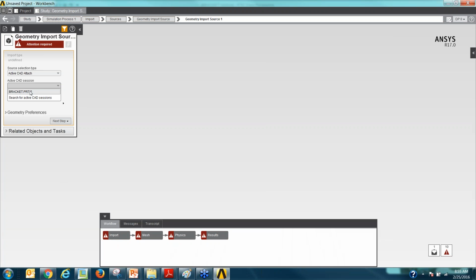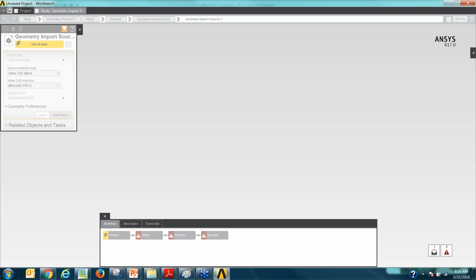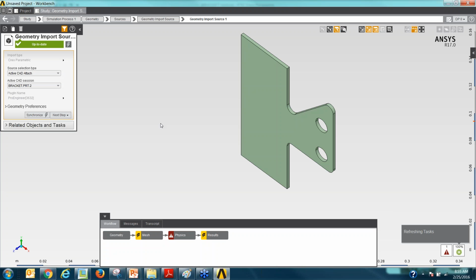So in your Creo session, AIM and Creo Parametric are essentially talking to each other at this point, right? So I go to the bracket part. That's the version I had in session. If I have more parts, they will all show up from my Creo session, and I'm going to import that. And while it's importing, within my Creo,